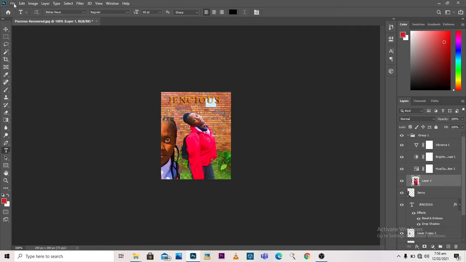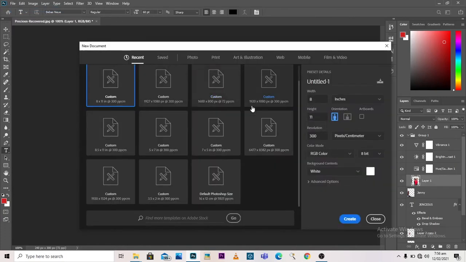First of all, I'll hit the file menu in the menu bar, then a dialog box opens, and since it's a flyer we're designing, we'll set it to inches. Then we're going to set our width to 8 and our height to 11. Now remember I said our resolution should always be 300. Then our color mode, we'll leave in RGB color, and we're going to leave our background content as white,